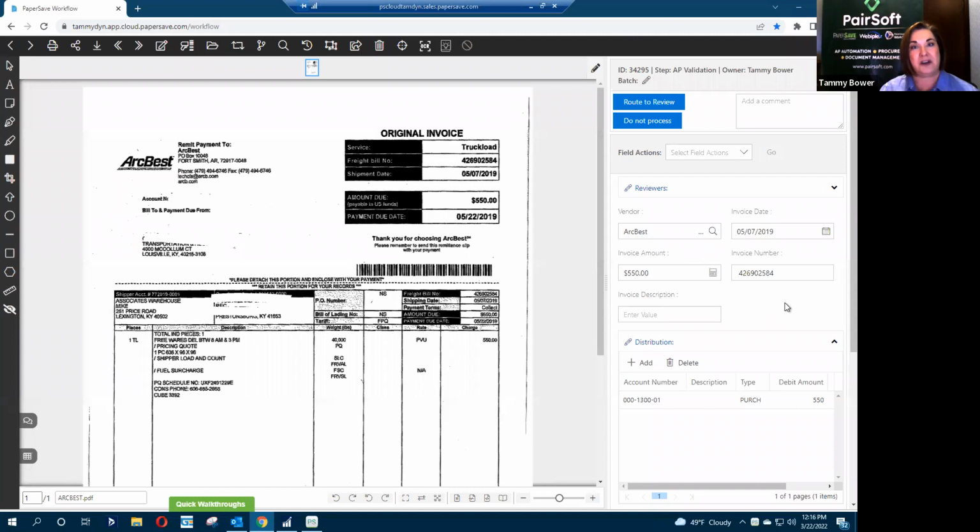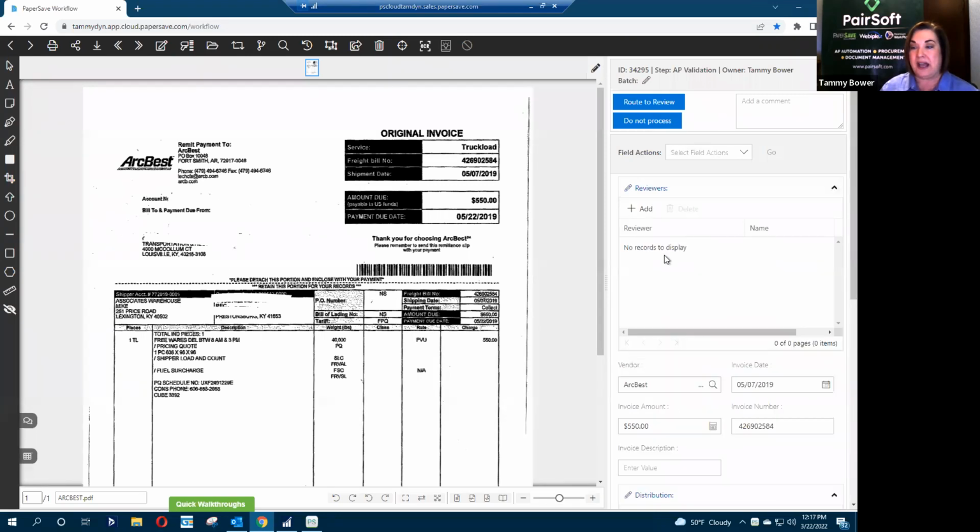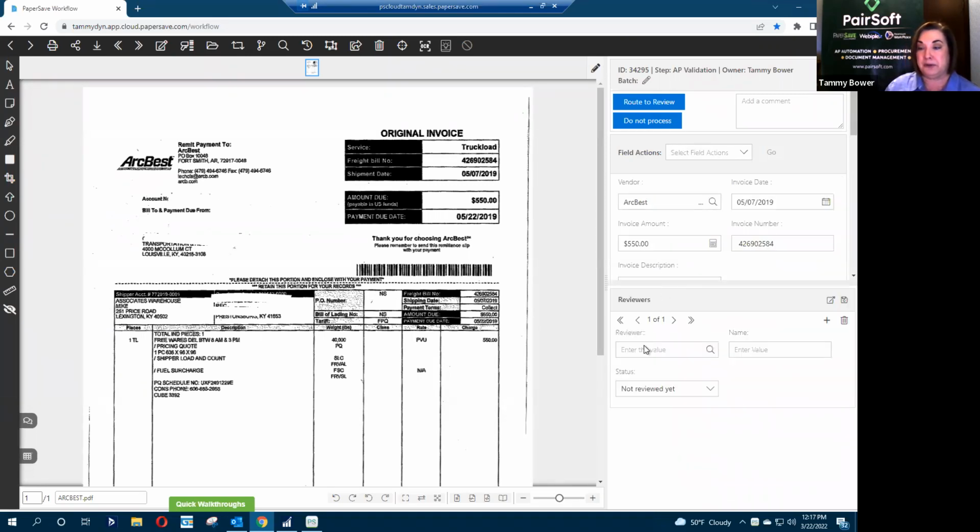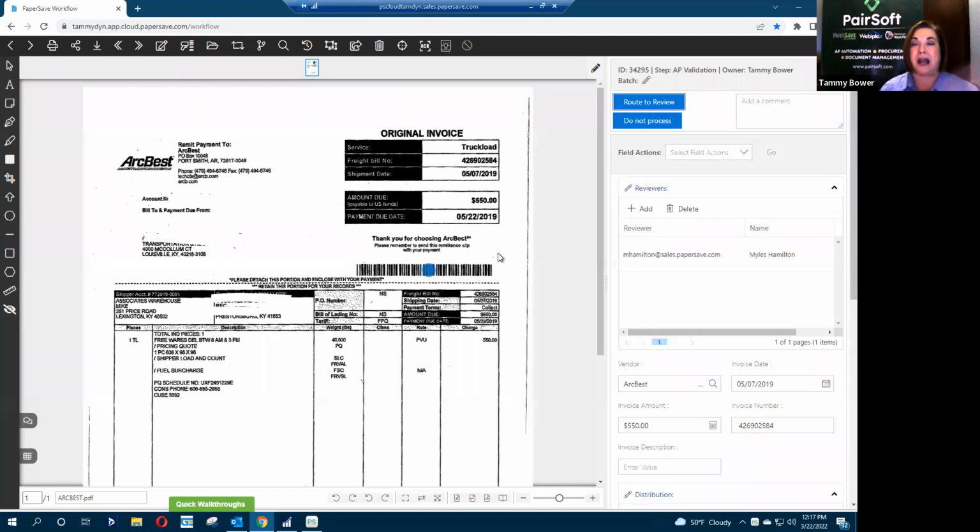The system is, it's called artificial intelligence, and built with all of that. All you're doing is now making it specific to meet the needs of your unique vendors. And then you'd route this. And again, I'm going to go ahead and choose an approver here, and we'll just keep sending things to Miles. I can find a Miles Hamilton. There we go. My typing is not good today. All right. So we've routed them.